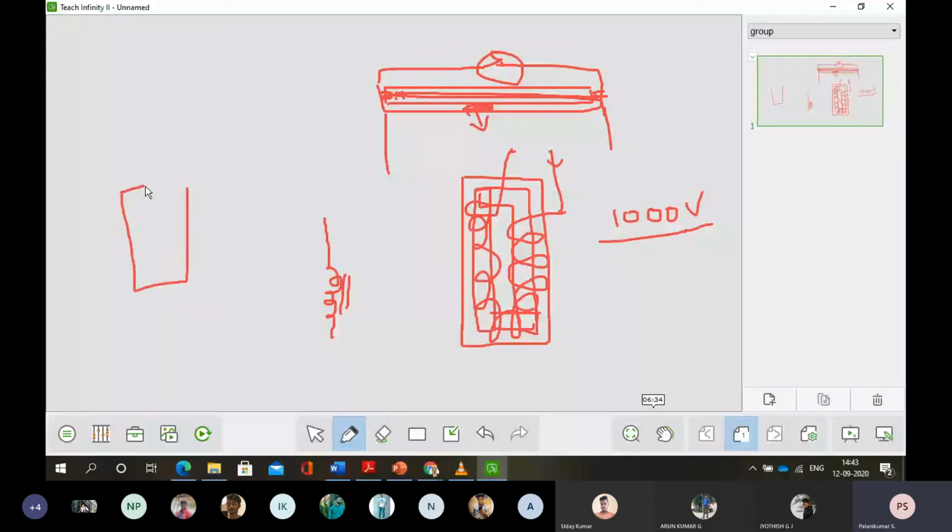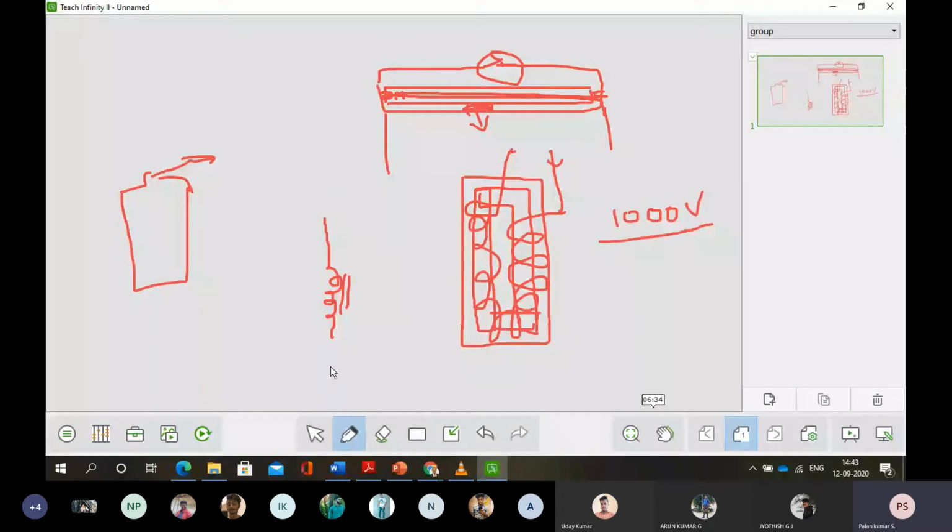That is only facilitating a spark. Initially I'm giving the start. After that, a spark is produced because of the very high voltage. Here there is no contact, but this contact is not able to withstand a voltage of 1000 volts, so the spark is produced. This spark will be applied to the gaseous environment. What will happen? Immediately it will burn the remaining mixture. As per the internal combustion engine working principle, it will work.